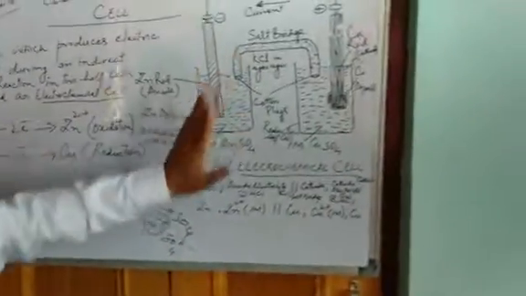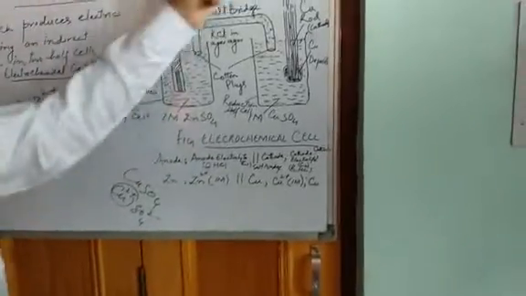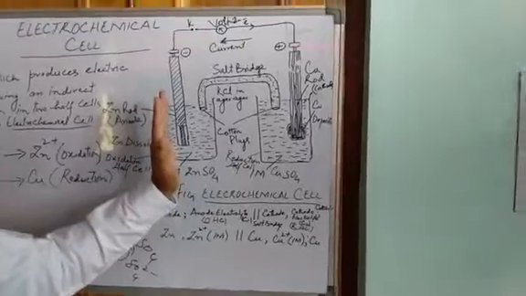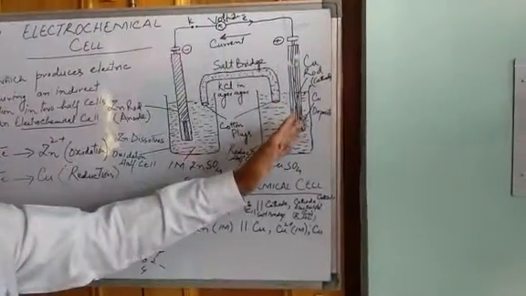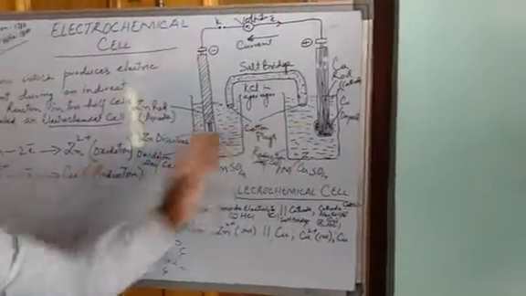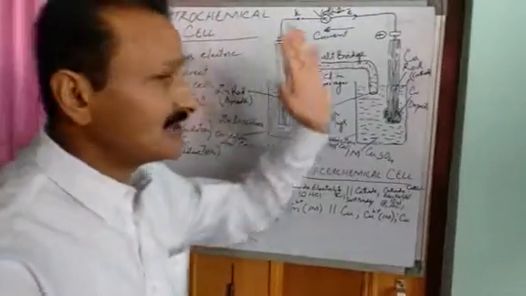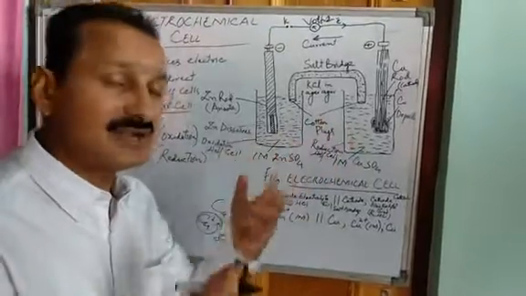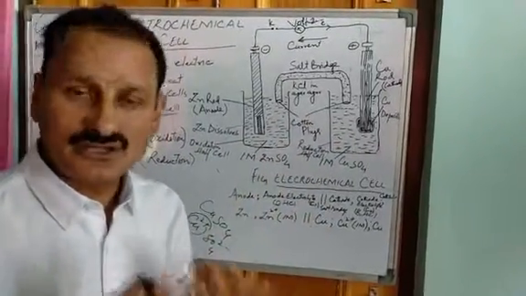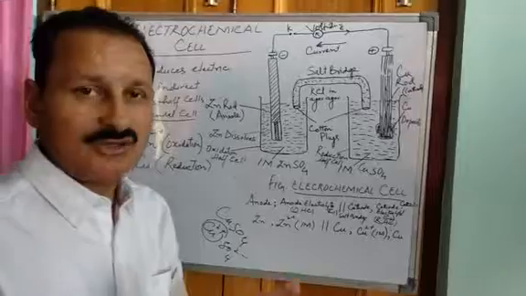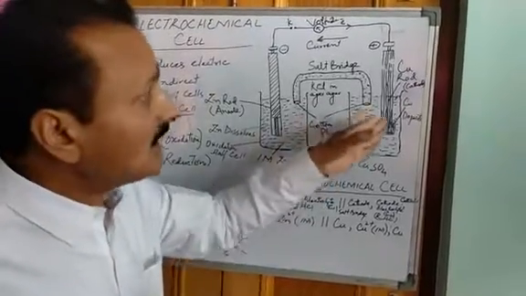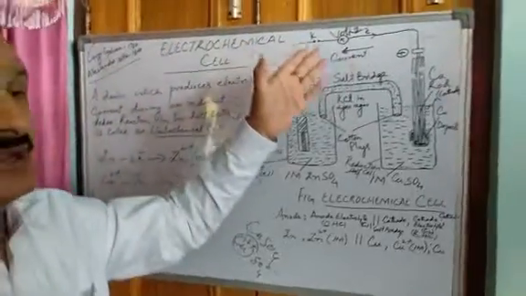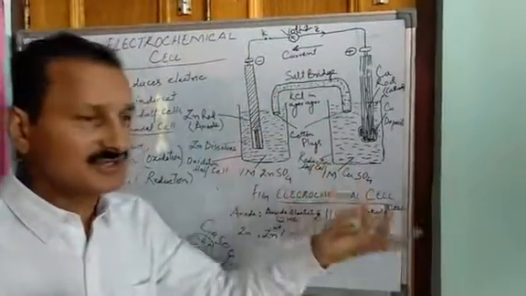In this half cell, oxidation took place, and in this half cell, reduction has taken place. Oxidation happens in the oxidation half cell, and reduction takes place in the reduction half cell. These two reactions take place simultaneously, at the same time. That means a redox reaction has been caused, and when a redox reaction has been caused, electric current has been produced. Your electrochemical cell has worked and produced electricity.